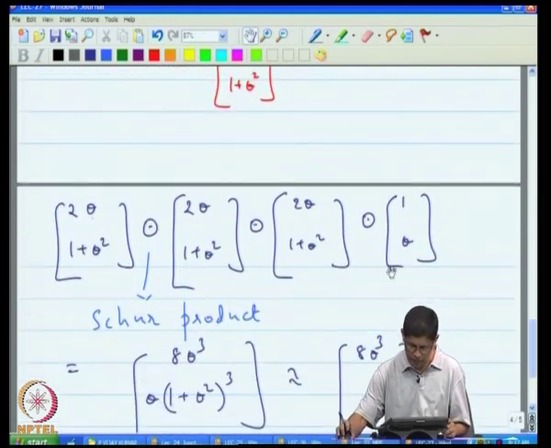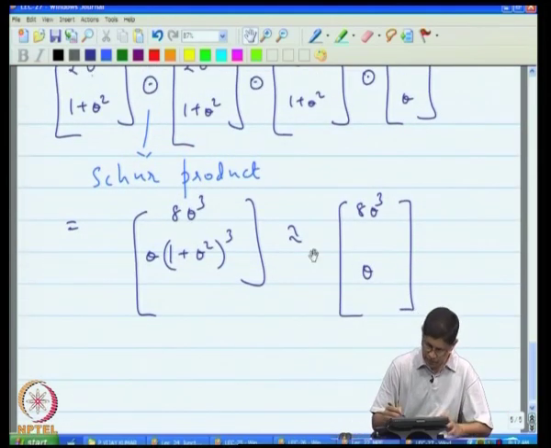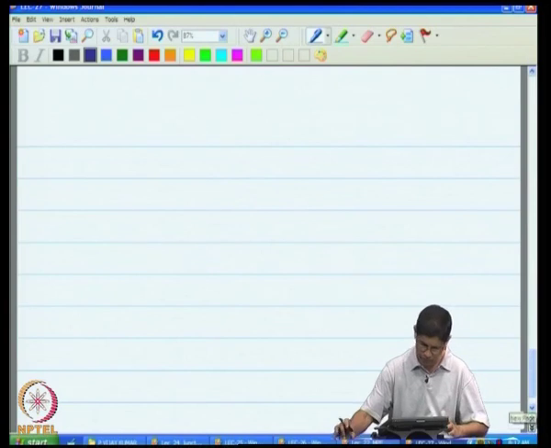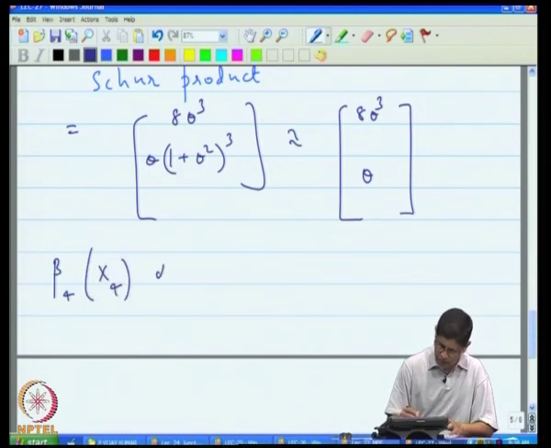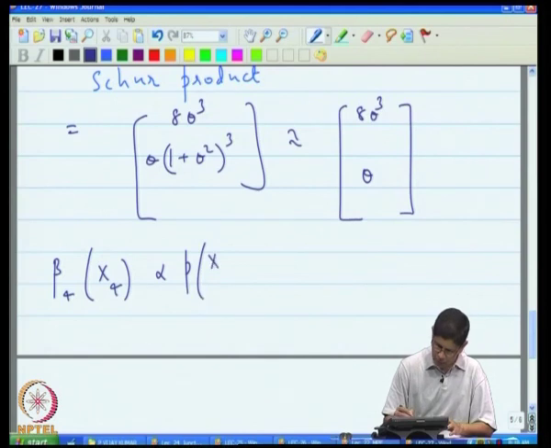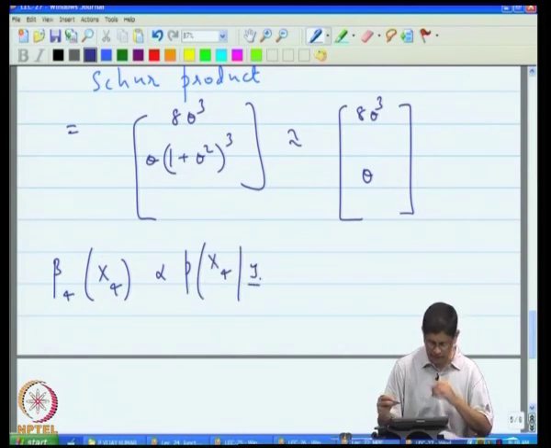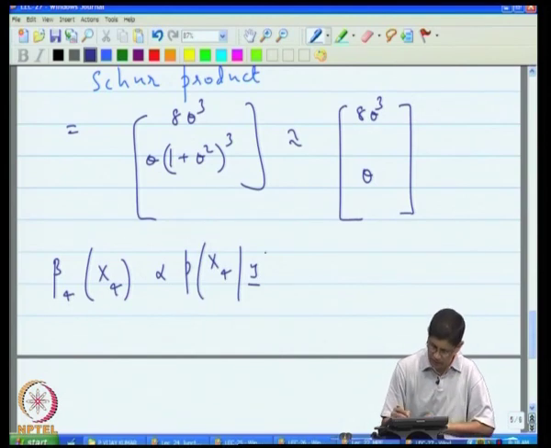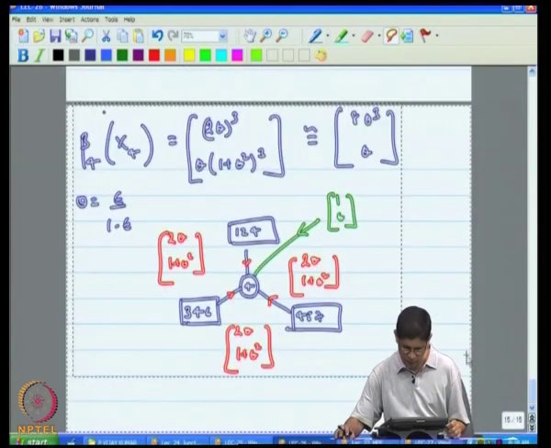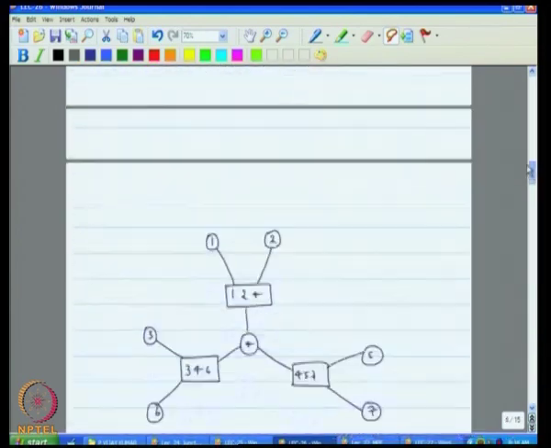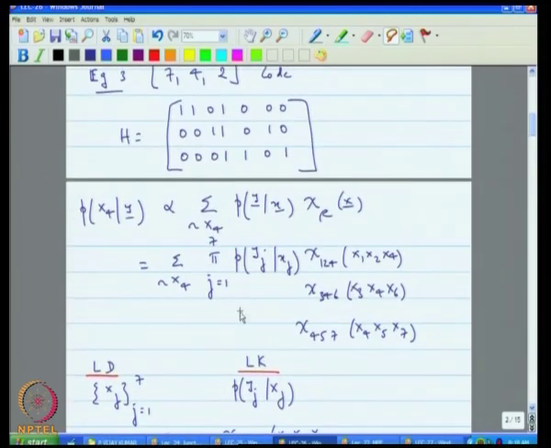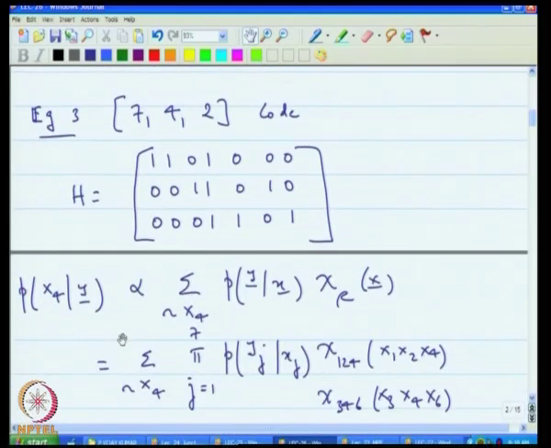Now, remember that your objective function, which in this case is beta 4 x 4, was really proportional to the probability of x 4 given the received vector, and given that your vector was part of a code. That was how we started out, that was the problem we started out with in the last lecture. You see here we had this quantity as the quantity that we were interested in computing